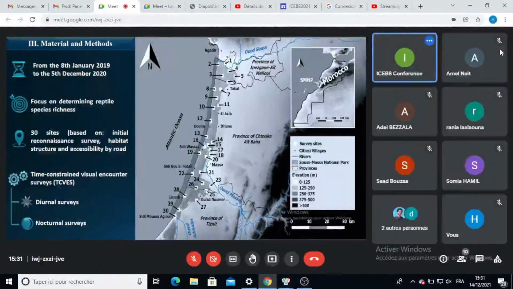We combined our survey data with some additional observations recorded during random encounters or provided by Sous-Massa researchers. However, additional observations were only added to the inventory when they included multiple vouchers and survival conditions of species in the study. In addition, we tried to determine the presence of some reptiles based on geographical